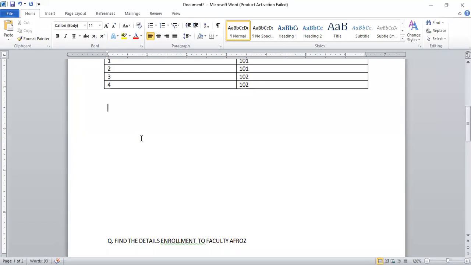Okay, a simple question I'm giving to you. A PDF I shared, please go through that. So easy questions are there, and if you practice all 20 questions, all relational algebra problems, it will be cleared. Now this question is for you, Vaishnavi. It is a simple question, only one table is required. Find the details of all faculty, using relational algebra as well as SQL. How can you solve it? First solve in SQL.